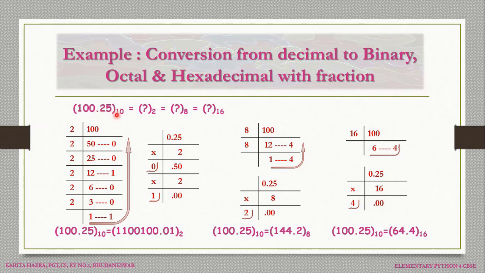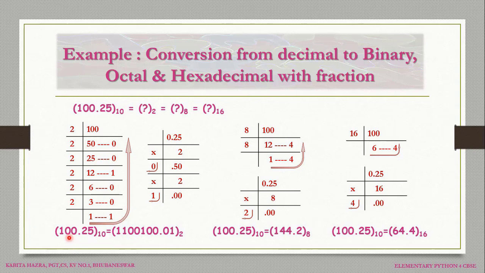To convert 100.25 into binary, we divide 100 by 2 and we get the quotient as 50, remainder 0. Again dividing, we get quotient as 25, remainder 0. Again dividing by 2, we get quotient as 12, remainder 1. Again divided by 2, we get quotient as 6, remainder 0. Again on dividing by 2, we get quotient 3, remainder 0. Further dividing by 2, we get quotient as 1 and remainder as 1. Now no further division is possible. So collecting the remainders in reverse order, that is 1 1 0 0 1 0 0, it is the binary